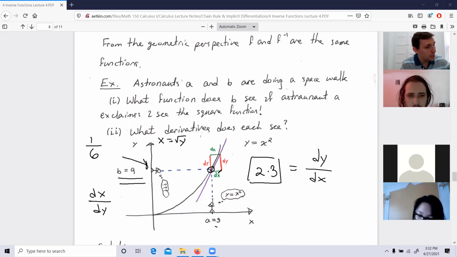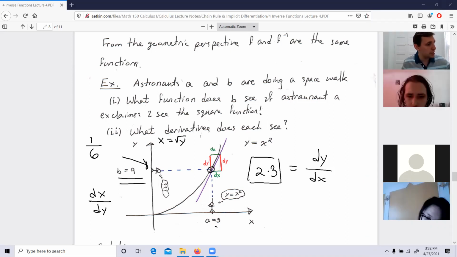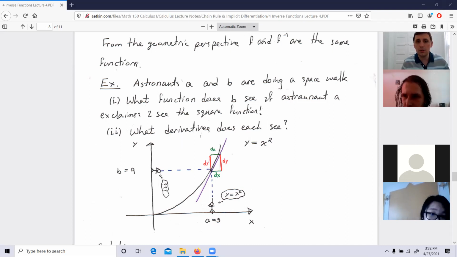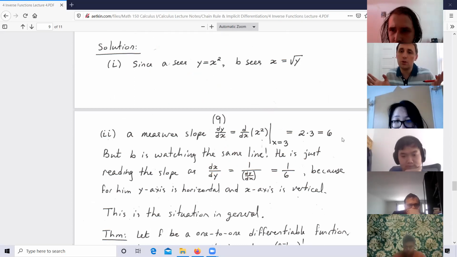Because for him, dx is the vertical line and dy is the horizontal. And what's dx over dy, guys? You see, that's Leibniz notation, why it's so useful. It's the same as 1 over dy/dx. Right? Let me just show you with better writing downstairs. You see that? The other guy sees the slope as dx over dy, which is 1 over dy/dx, which is 1 over 6. So using this communication, he right away knows, even if he does not calculate the slope directly,